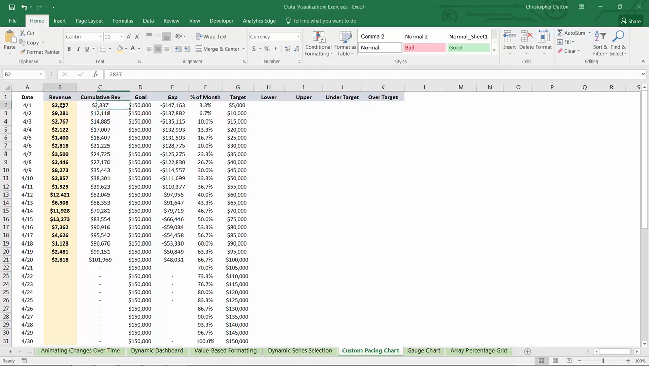So in column B, these are daily revenue totals that are hard-coded in as values. Column C basically just translates that into cumulative revenue day over day. Looks like we've got a goal of 150,000 to hit by the end of the month. Gap is just the shortfall between cumulative and goal. Percent of month is a really cool use of date and time functions to calculate each day as a percentage